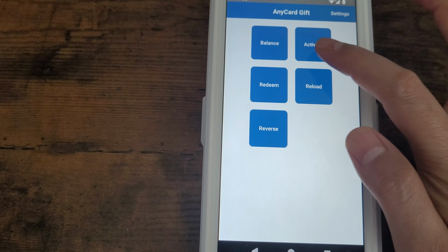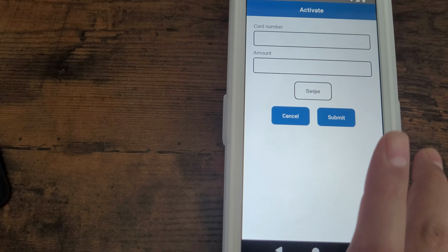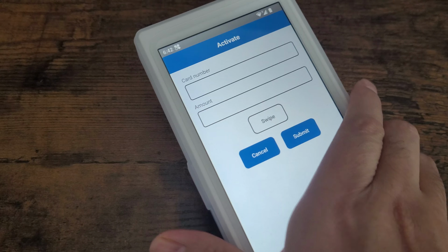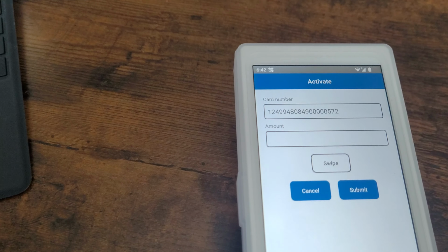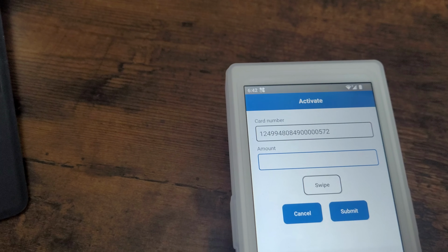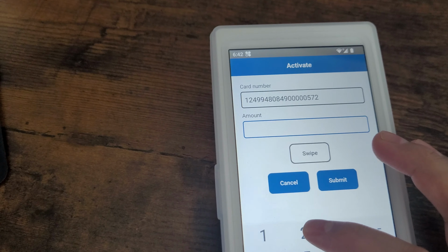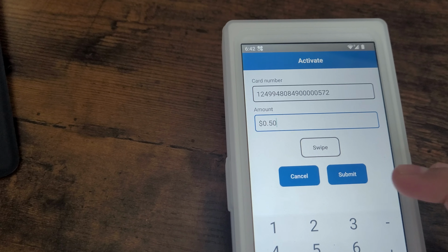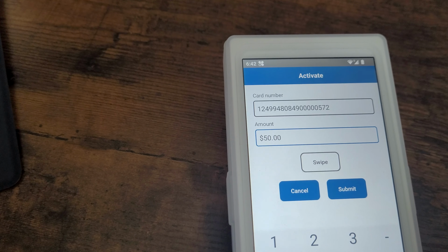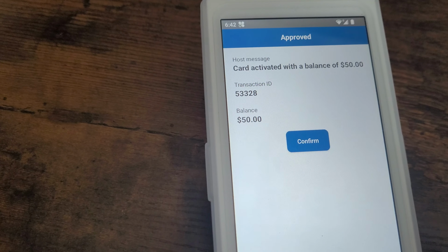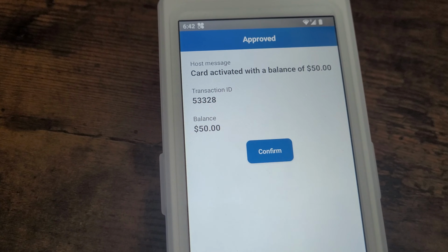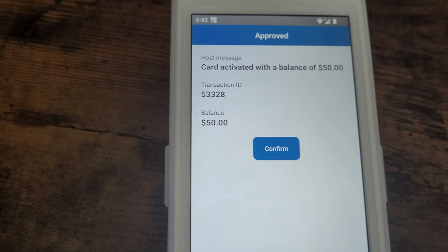So if I'm activating a physical card, then I can either use the barcode, manually type in, or I can scan the barcode like I'm doing in this case, and then enter the amount to activate. So in this case, I'm loading $50 card, submit. So this confirms, I'll see the confirmation message that my card is activated, my transaction ID and the